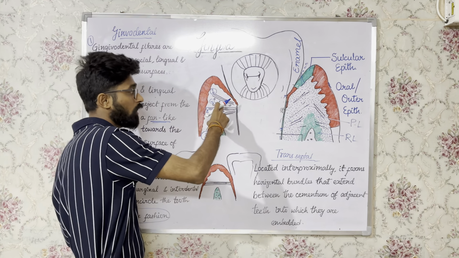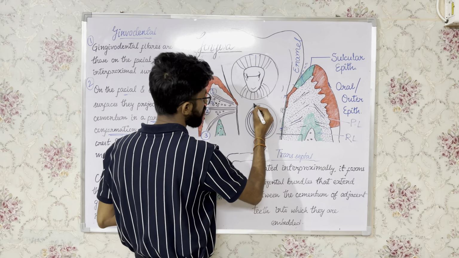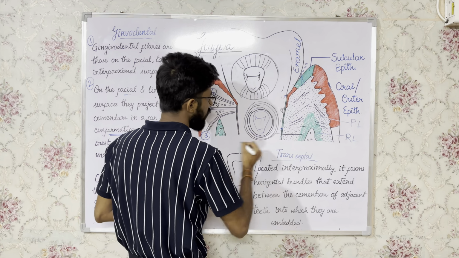Now we cannot visualize it here. This is the teeth, and these circular fibers will be like this, moving inside, coming out, rotating like this, going backward and then coming out. If we see it in an occlusal plane, what will it look like? This is the tooth, for example. Circular fibers encircle the tooth in a collar-like fashion. So how will the circular fibers be? It will be like this, surrounding the tooth in a collar-like fashion.